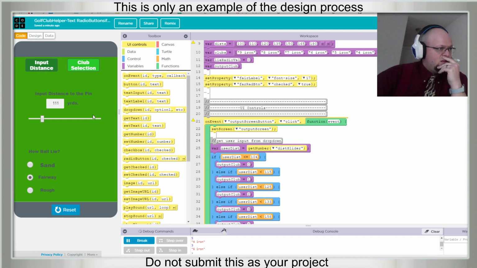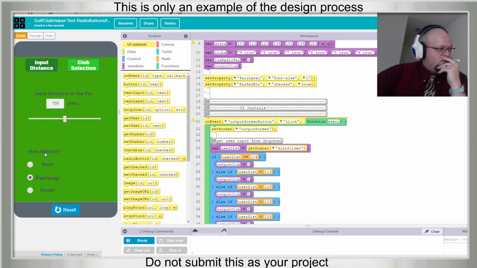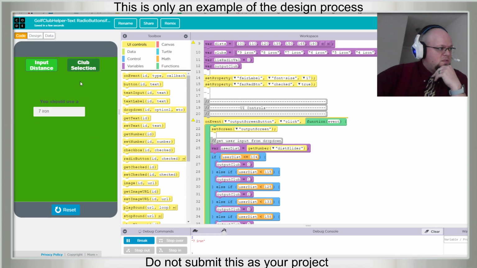Below 120. Yeah, let's see what 115 and fairway does. Fairway 115, club selection is 2 and 7 iron. And let's do sand 115. Should say index 1 and 8 iron.